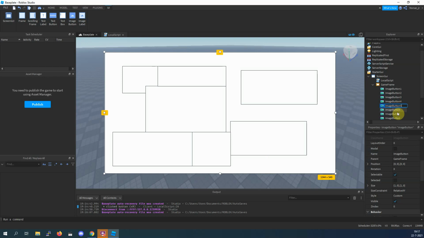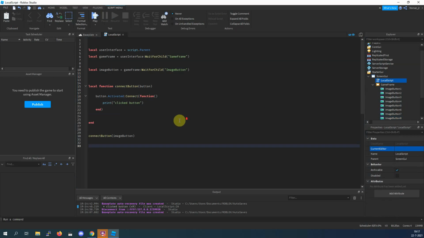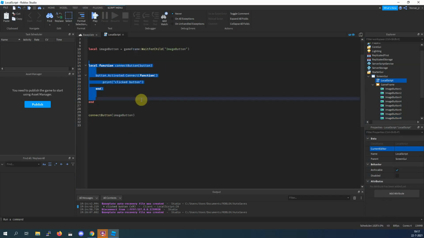So this game is gonna be a coloring game. It's gonna be using the 4-color theorem to make it very easy for us to come up with levels without having to think very hard about the puzzles. Okay, so I made 7 image buttons,